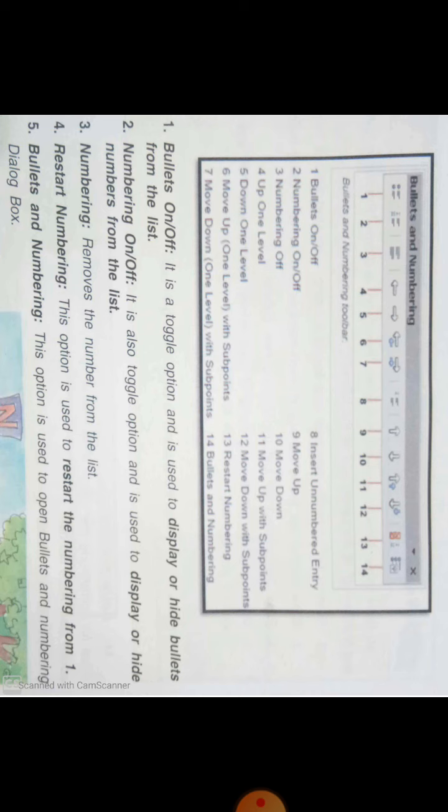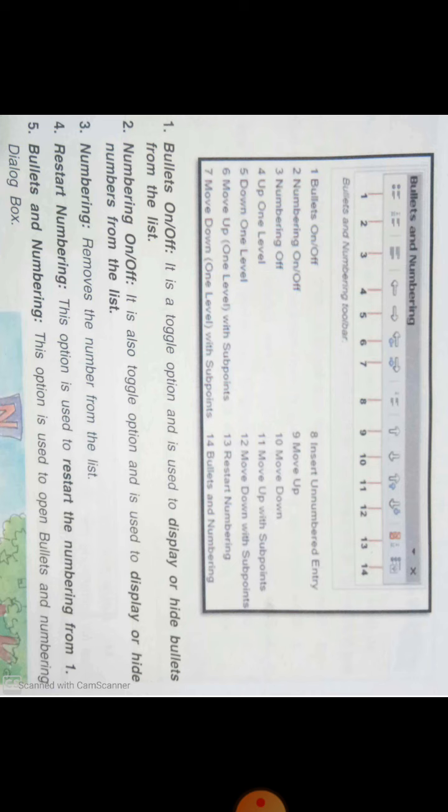Similarly, you can see there are 14 icons in this dialog box. They have different roles.